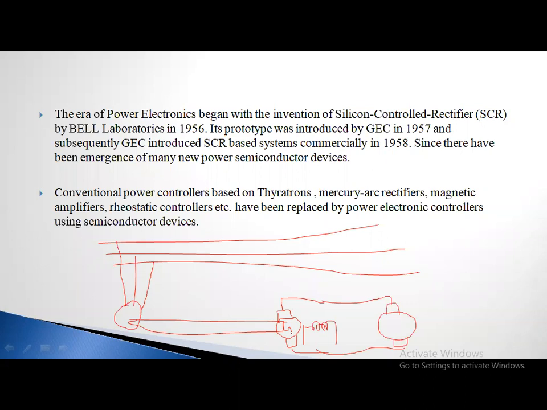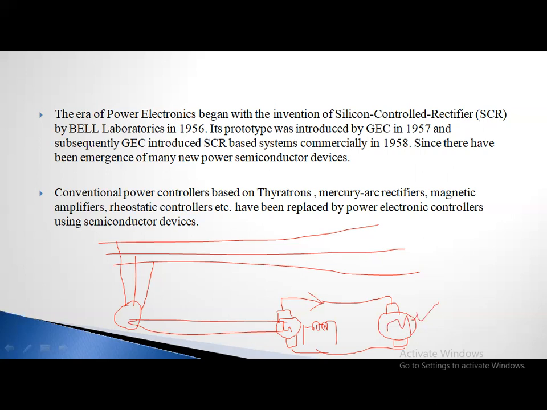So when this DC generator starts working, then what will happen? Automatically it will generate electrical energy, because this is the generator. Which electrical energy? DC or AC? DC, because this is the DC. So this DC is given to the DC motor. Whatever DC supply we get from the generator is given to the DC motor. If this DC supply is given to this motor, automatically this DC motor is also running.